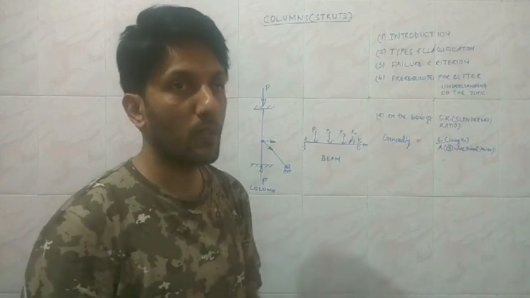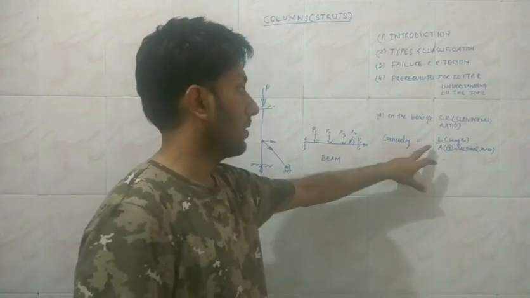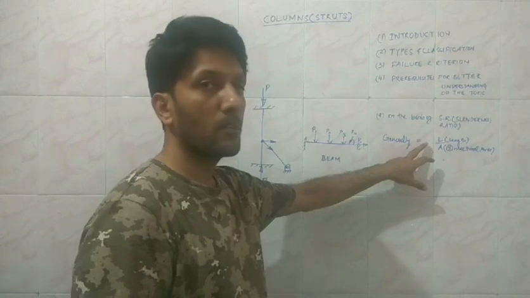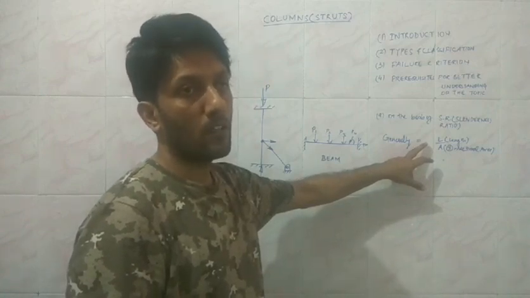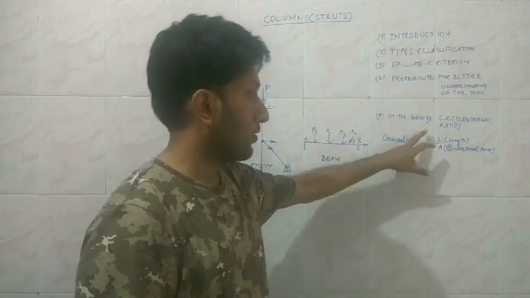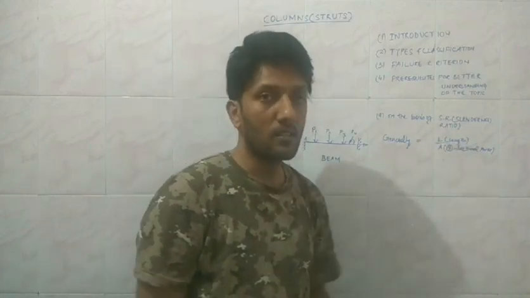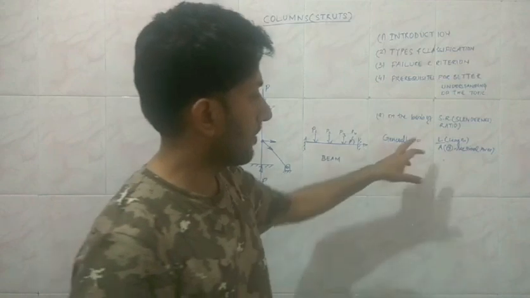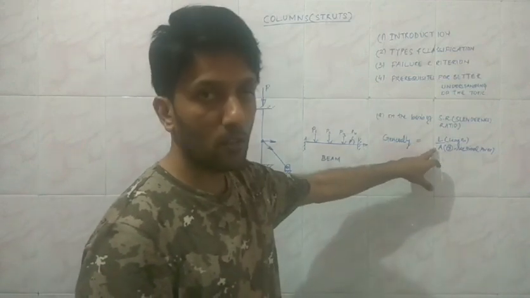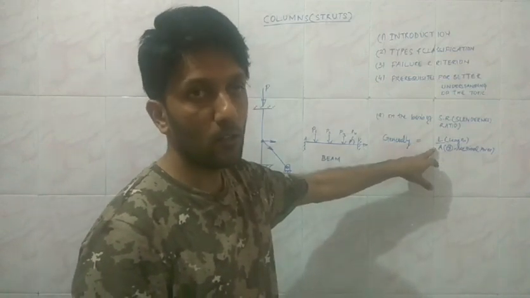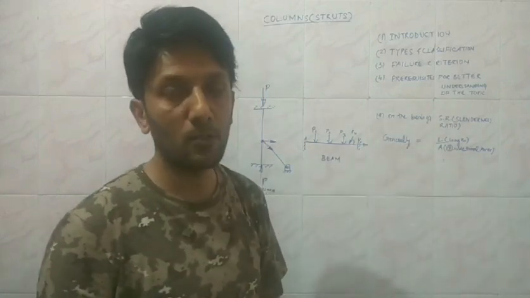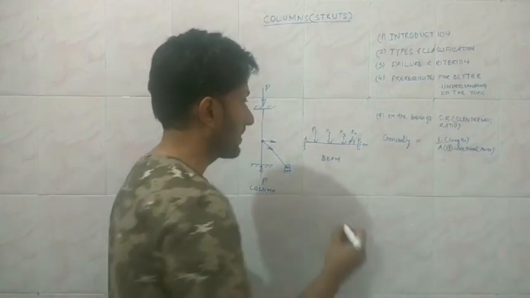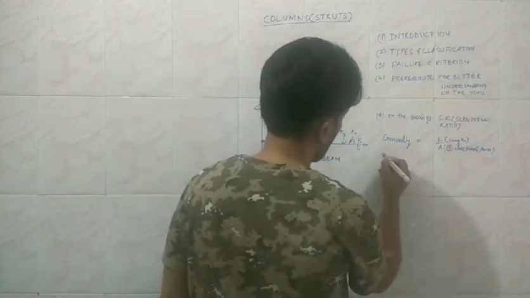So we need to identify the two parameters which classify something as long and thin, or something as short and thick. Those parameters classify whether your column is going to be a short, thick column or a thin, long column. The relative size of the length with respect to the cross sectional area is generally called the slenderness ratio, which is going to categorize the columns. The types are going to be